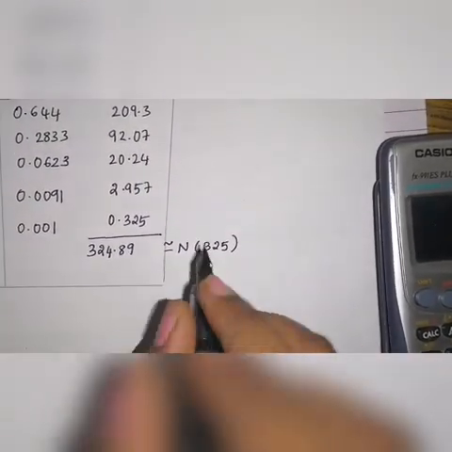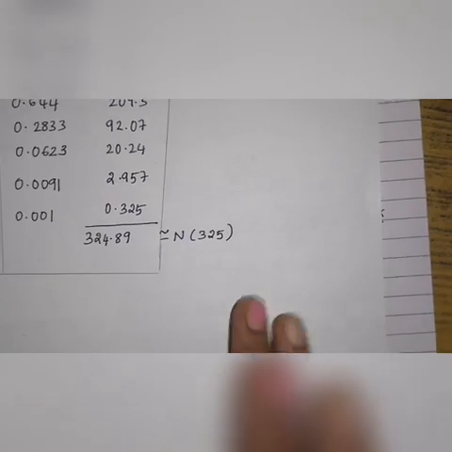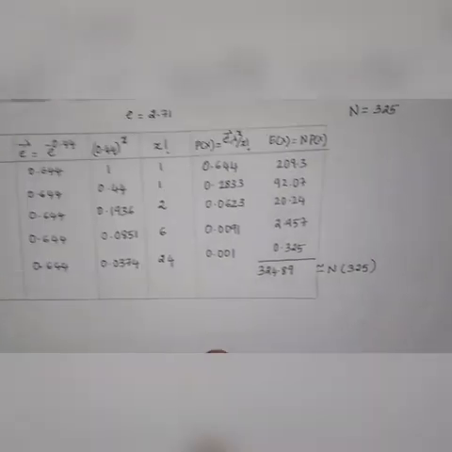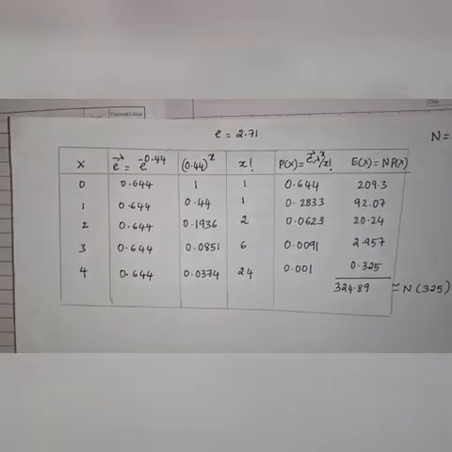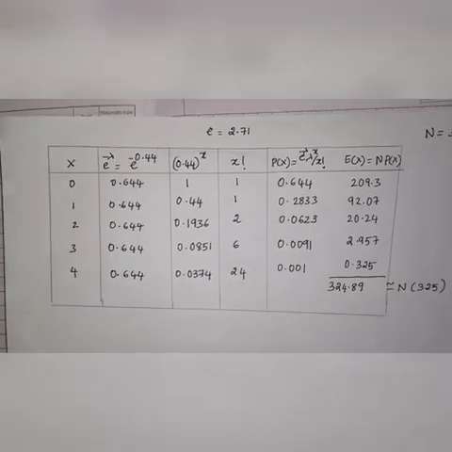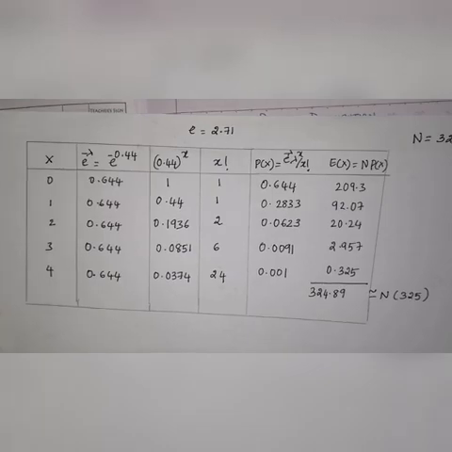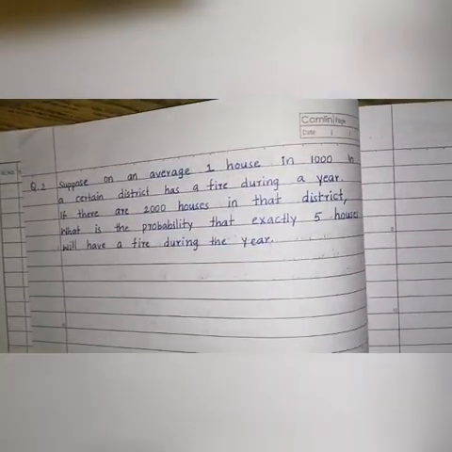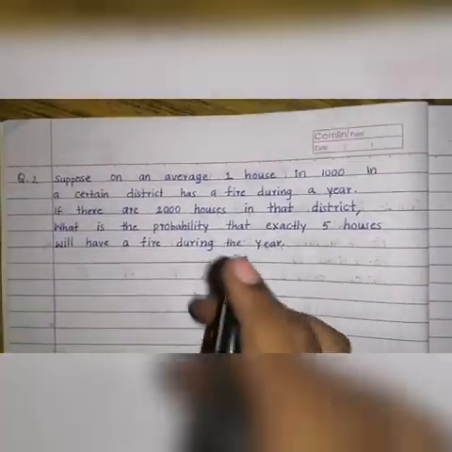So that means we have succeeded in fitting the given data into a Poisson distribution. So this is how we are supposed to fit a given data into Poisson distribution. So let us see another example. This is fitting the data, but in the next example, we are just calculating a particular value for Poisson distribution. Let us look at this question.